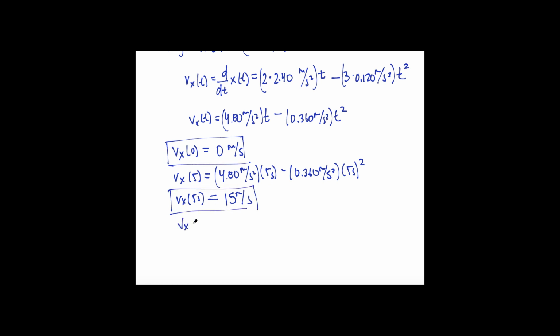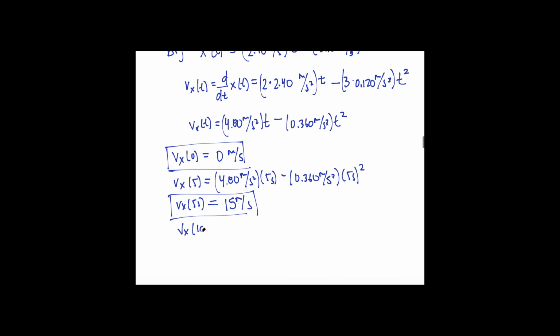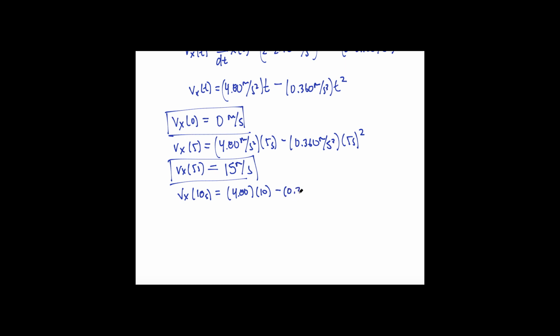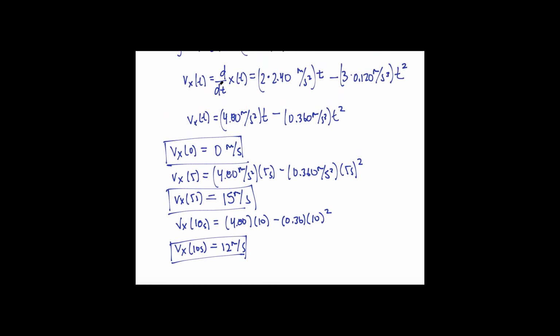Finally, at 10 seconds, all I need to do is substitute 10 for my time again. And that works out to be, in this case, 4.80. I will leave units off as we just dealt with units. 4.80 multiplied by 10, subtract 0.36 multiplied by 10 squared. And so my x velocity at 10 seconds will be 48 minus 36, which is positive 12 meters per second. So you can see my instantaneous velocity as opposed to my average velocity depends solely on the time derivative of